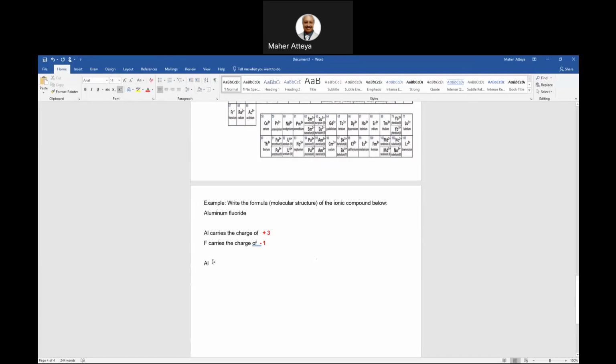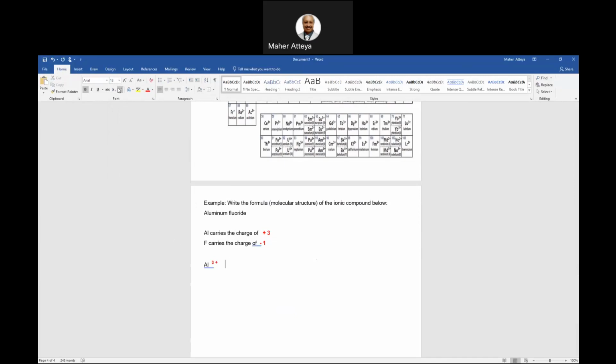So I'm putting here Al, and in front of it 3 plus, and make space between the 3 and the plus. Make it bold, make it red, and to see it much better, maybe I'll enlarge this one to 18. So take this one out, and then I'll write the